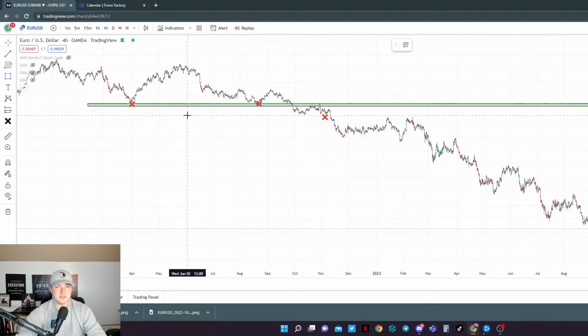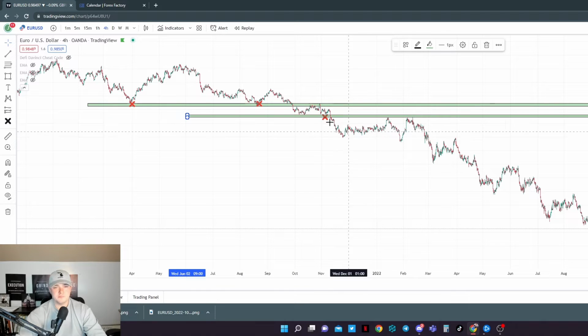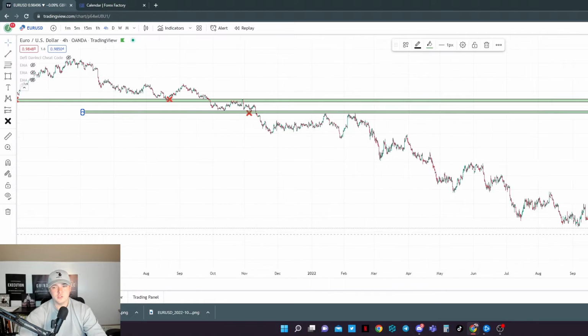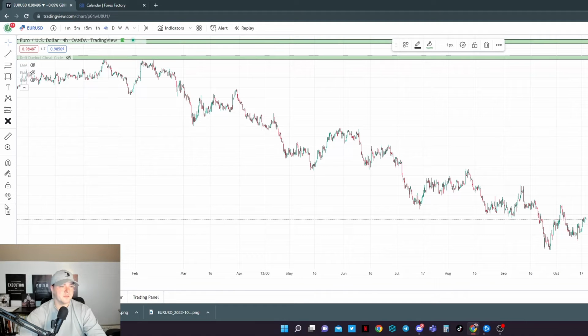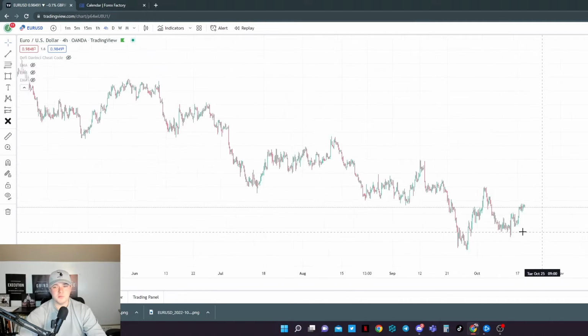And the same thing happens again. We have new lows created, break the lows, retest, enter. And it's been going on all the way down. Structure has been beautiful. So if I delete all this and I come in a little bit closer, right now